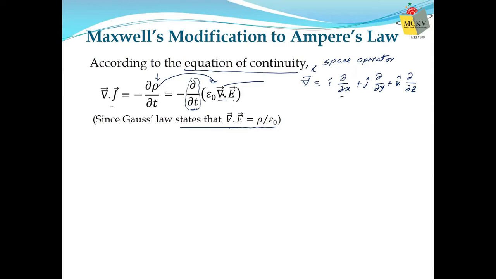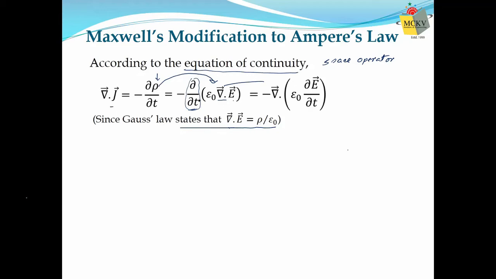Now, it is well established, and in the second part of quantum mechanics we will also observe it, that space and time operators can be interchanged. That means if we interchange the position of space and time operator, the final value remains the same. They will not affect each other. That means if I interchange the position of space and time operator, then the effective value remains the same. Therefore, if I interchange the space and time operator like this, the value remains the same.